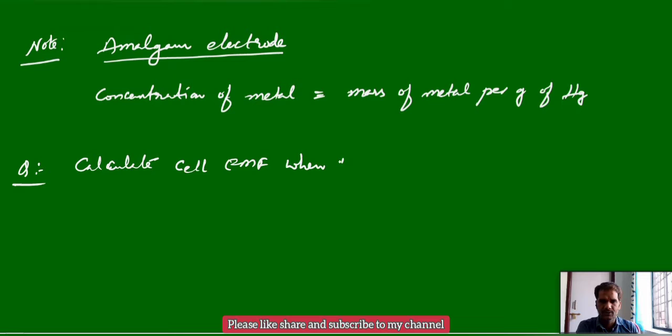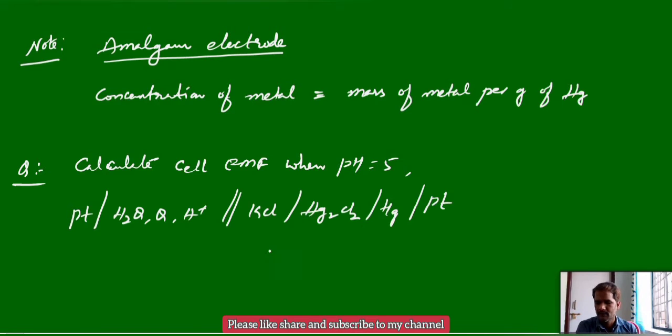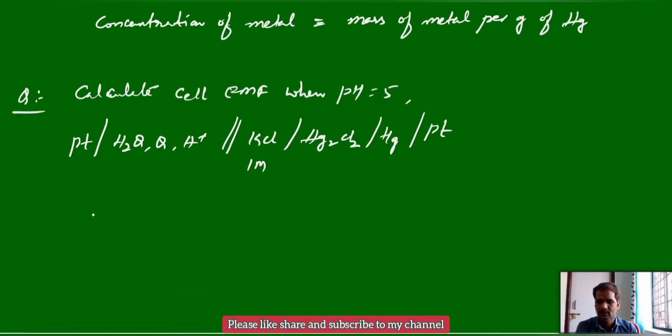When pH of the solution is 5 and the cell is given like this, where the concentration of KCl is 1 molar. And apart from this, the standard reduction potential (SRP) value of calomel electrode is given as 0.24 volt,